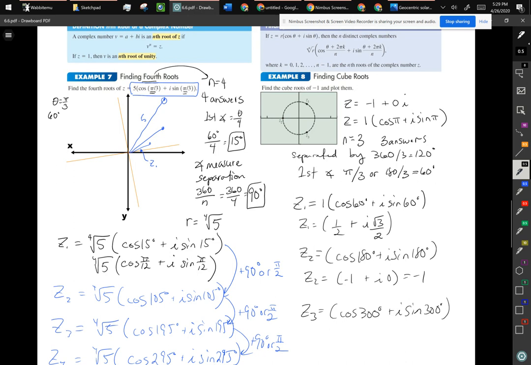And in this case, if we were to calculate this out for z3, cosine 300 has a reference angle of 60. Cosine is positive in quadrant 4. So cosine of 60 again is positive half. Now, I know sine of 300 is going to be negative, and then that's going to be i root 3 over 2. And